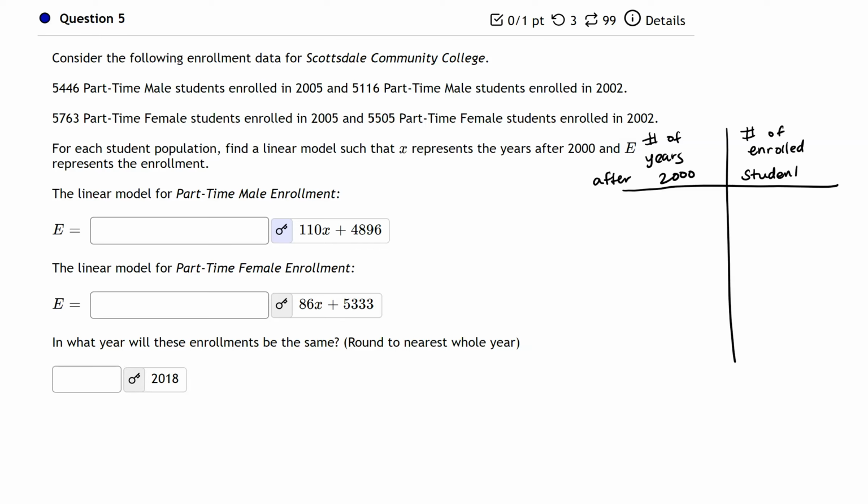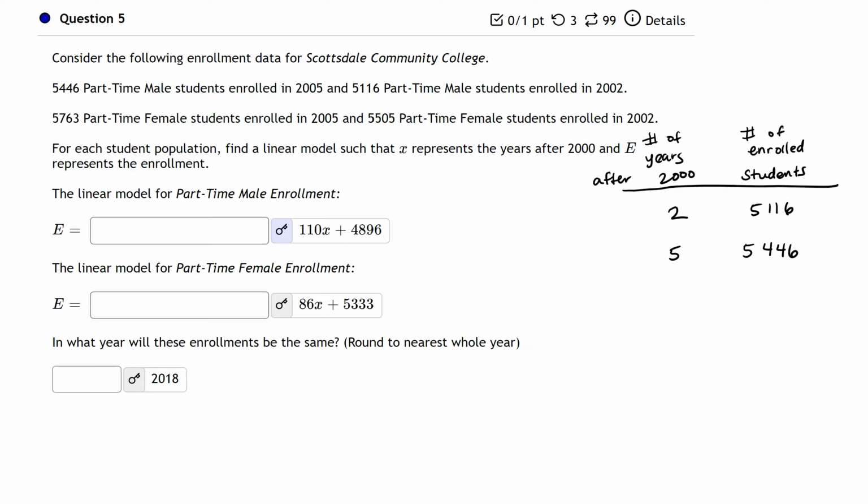I'm going to have to do this twice, but let's do this for the male students first. So in 2002, which is 2 years after 2000, there were 5,116 students, and then 5 years after 2000, there were